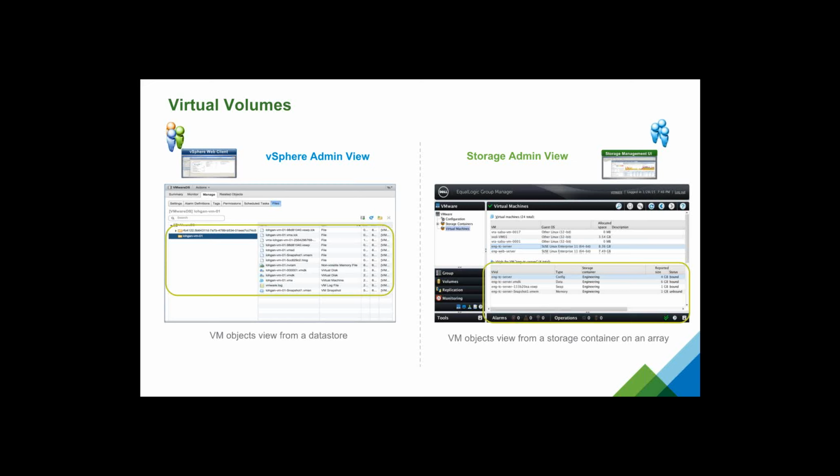If you take a look at the storage admin view on the right side, you'll see that the vVols are individual items and are managed that way. So the storage admin has the ability to go in and tweak the QoS on any one of these, enable them or disable them.